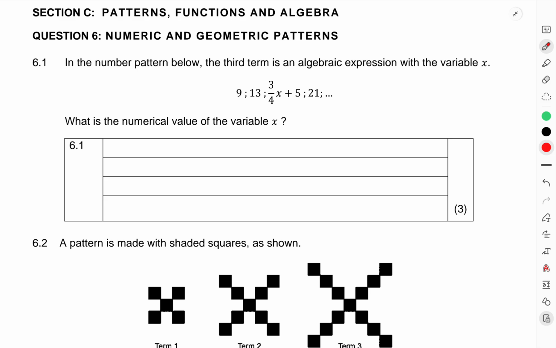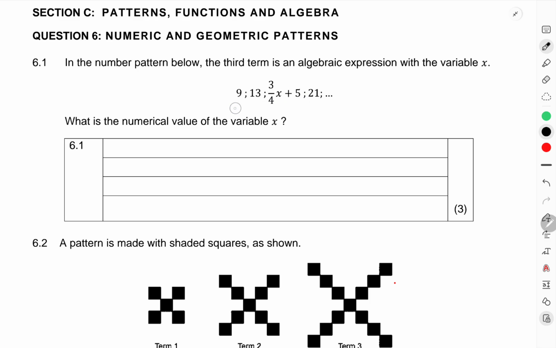But when you look at this pattern, we're going to start with the difference. By looking here, what is the difference between 13 and 9? Means I'm going to say 13 minus 9 is going to become 4. What is the difference between T3 and T2? I do not know the difference. And what is the difference between T